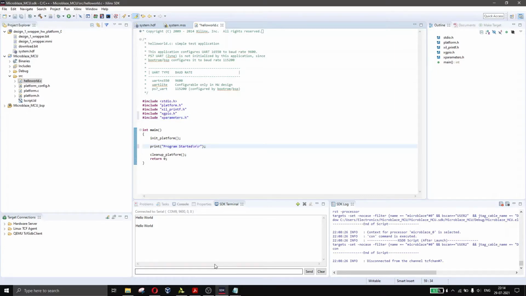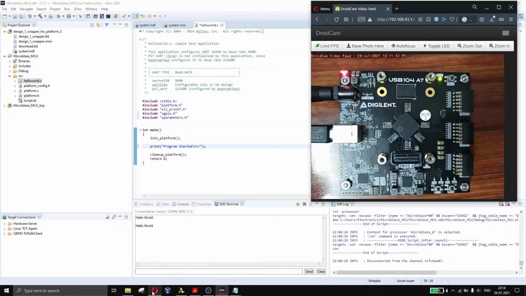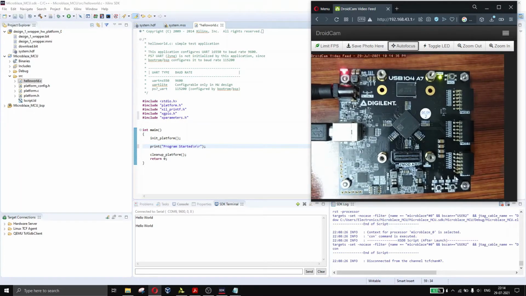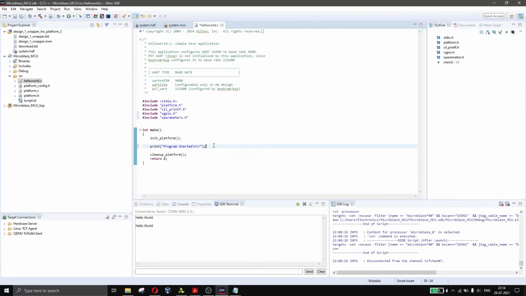So what I thought was, we have the board here, so we have 4 LEDs, right? So we have 4 LEDs here. We will try to blink these LEDs in some specific pattern, like this LED, this one LED and the other LED, and this LED and the other LED, and then we'll change it according to the user's push button action. So we'll try to do something with that.